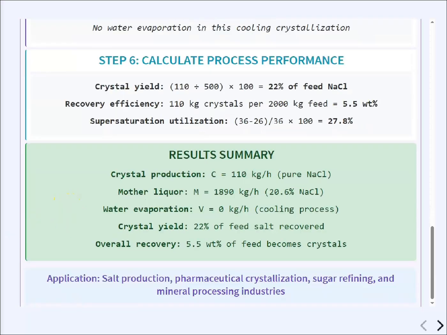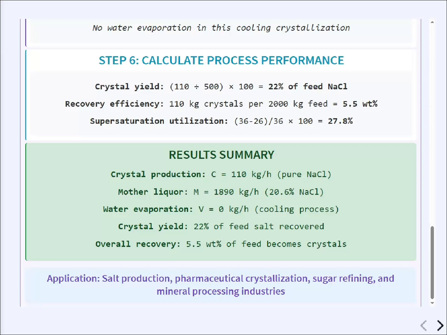Now here is our complete solution. So crystal production is 110 kg per hour pure salt, mother liquor 1890 kg per hour at 20.6% salt concentration, water evaporation 0, this is a cooling process, crystal yield 22% of the feed salt recovered, overall recovery 5.5% of